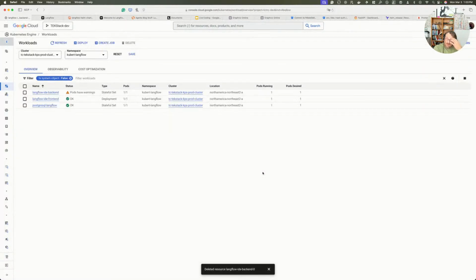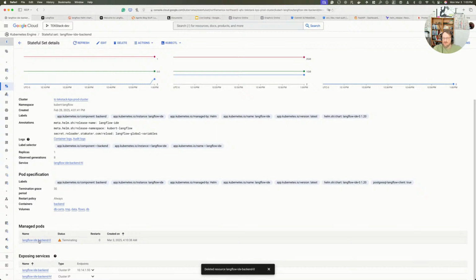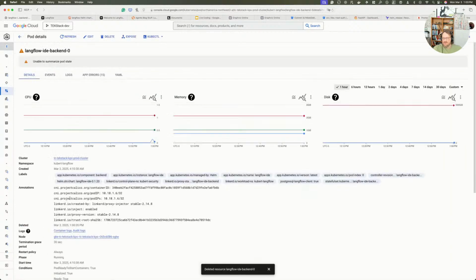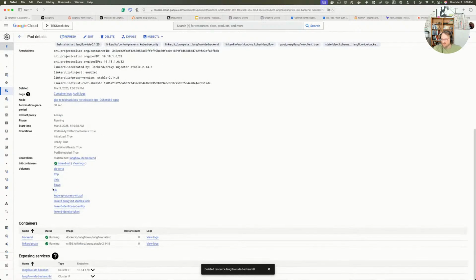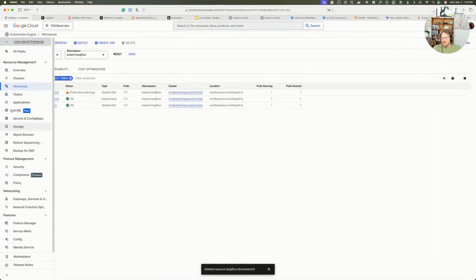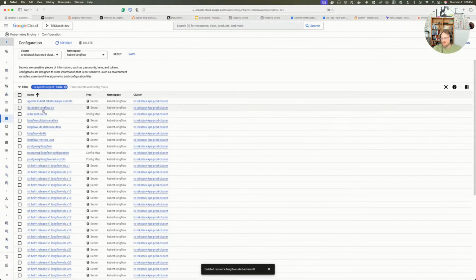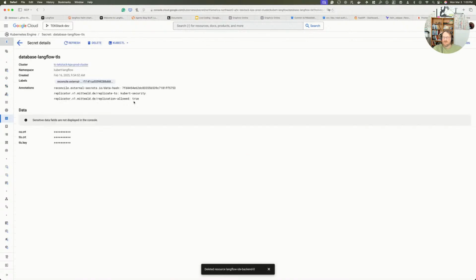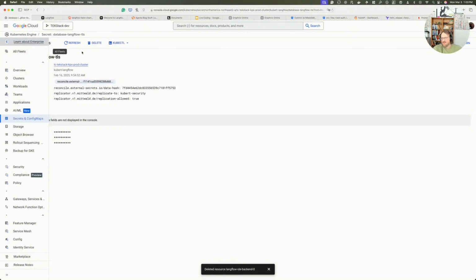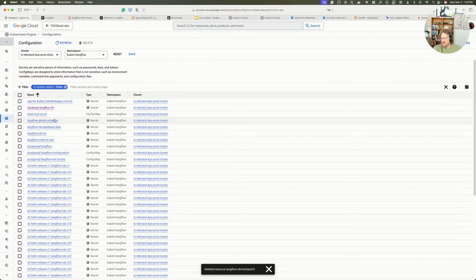So what happens is, again, we have dynamic credentials coming from Vault. Before this disappears, let's just have a look at the secrets here. The secrets, database, Langflow. We don't care about this one here for now. We care about